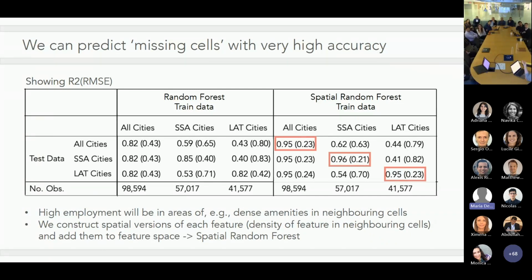Okay, so what this is telling us, and why we refer to this as the missing cells, is that if we randomly take cells out of the grid from our full observation set, and we train on the remaining cells, we can predict those missing cells very, very well. That's not really what we want to do in the end, but that's a very good starting point. It points to a lot of structure in the data that we can predict well using these types of algorithms.